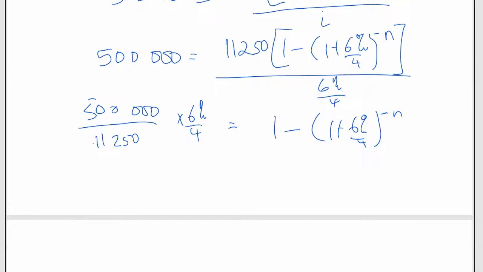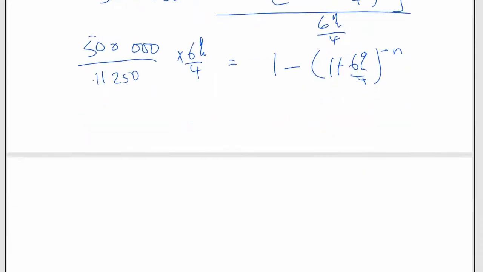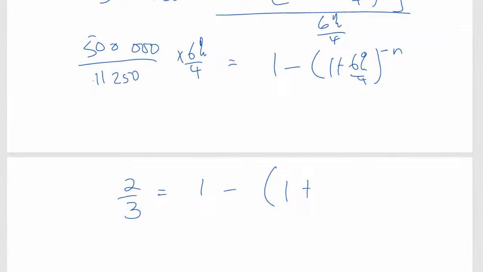And then this is over 11,250. Okay, let's have a fraction which is 2 over 3. Is equivalent to 1 minus... We have 1 plus. Why can't I just simplify this entire bracket once so that we save time? So 1 plus,